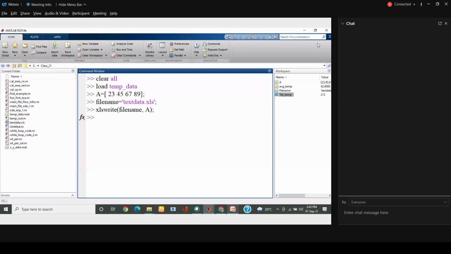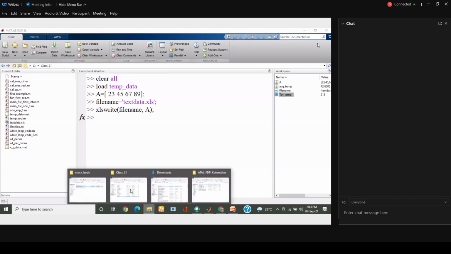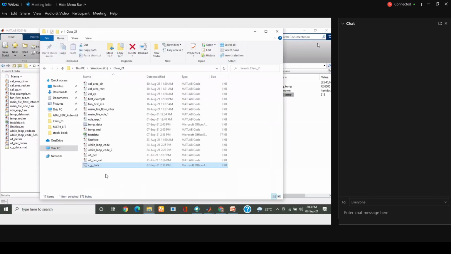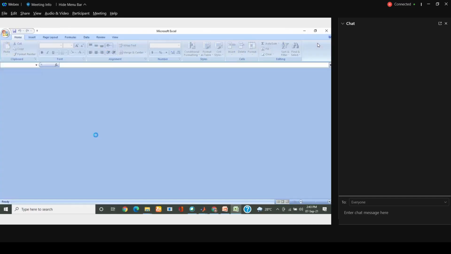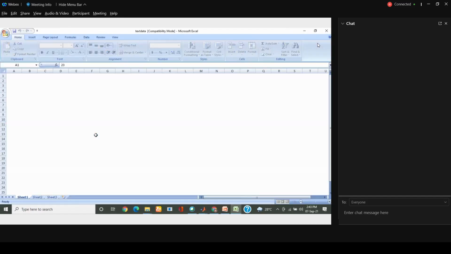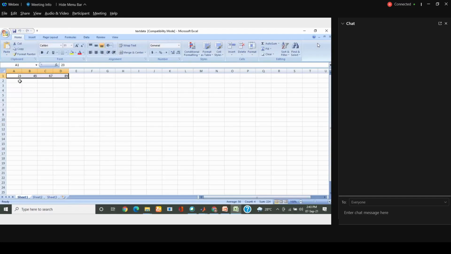So let's go and look at our folder. So look at this text data. If you open it, you will see A. So A, 23, 45, 67, 89. You can specify where you wanted to save, column numbers and A, B, C, D, that's row numbers, all these things you can specify in xlswrite. In a similar way, there is